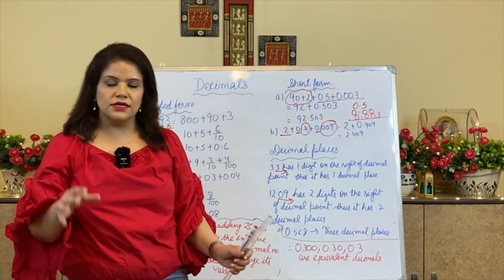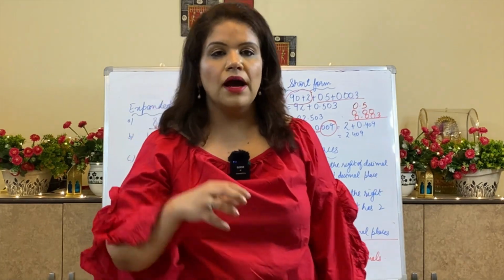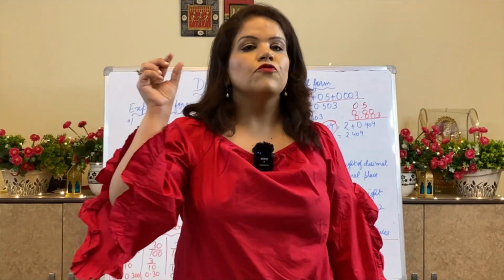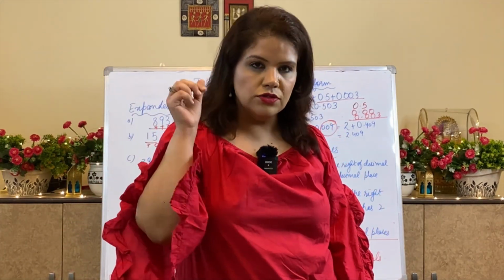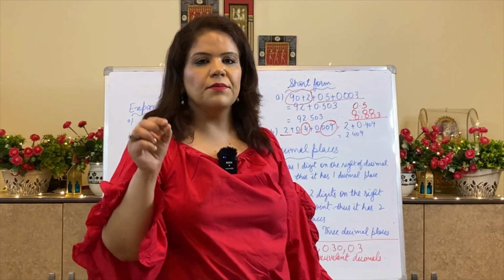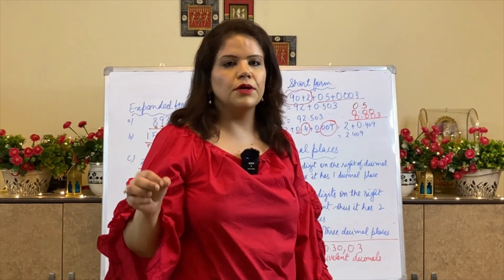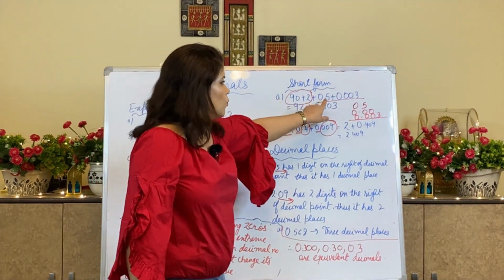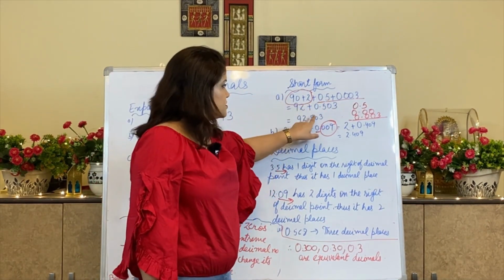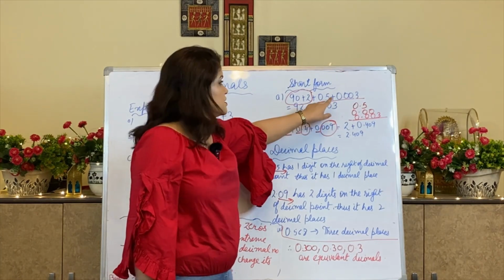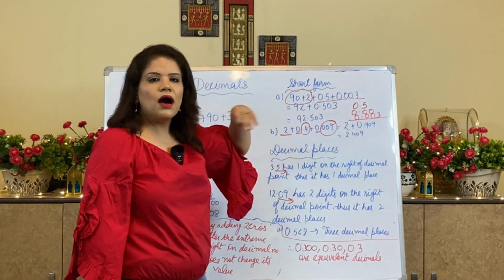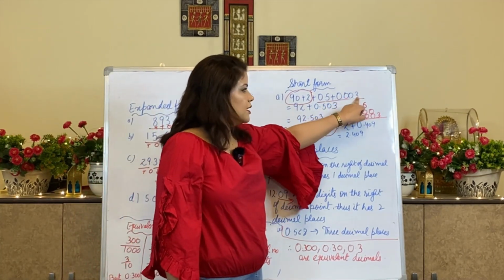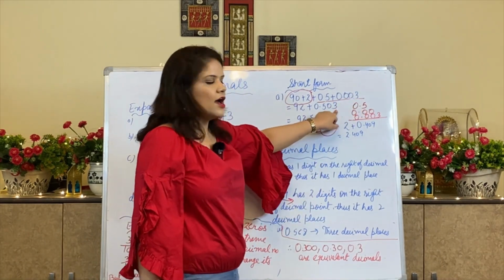I am explaining once again. You will check the whole part and the decimal part. For the decimal part, if you are writing the expanded form, for the first number after the decimal, you will use 10 in the denominator. For the second number, you will use 100. For the third number, you will use 1000. So for the short form also, you will take care that the first number after the decimal will be written at the 1/10th place. And we don't have any number after the decimal at the second place, so we will write 0. After the decimal at the third place we have 3. So that's why I have written 3 here.